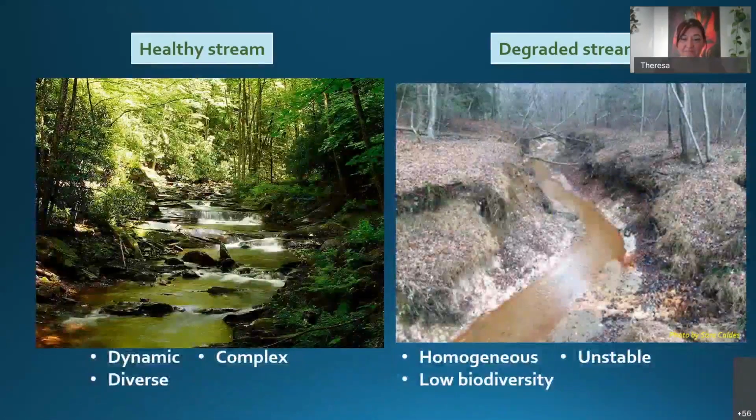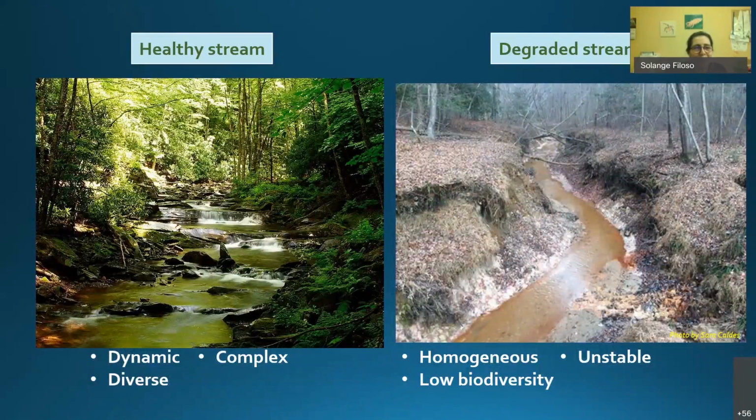So I'd like to start the talk today by briefly describing the difference between a healthy stream and a degraded stream. We can see the difference, but I just wanted to point out that the main characteristic that we seek to maintain in a healthy stream is that complexity of environments. So you can see that a healthy stream has pools and riffles and runs, different velocities of flow, a variety of biomes and ecosystems, and so you can have a riparian forest and